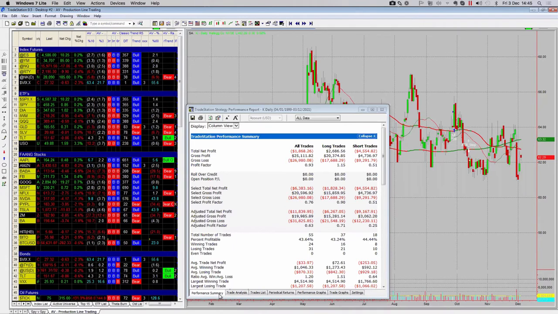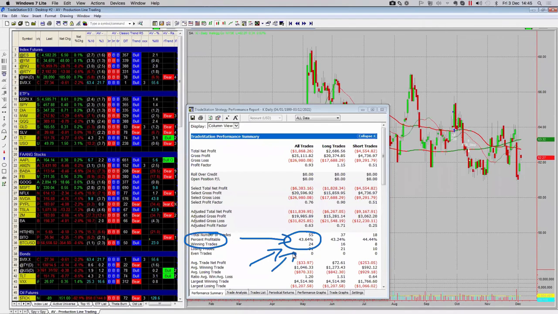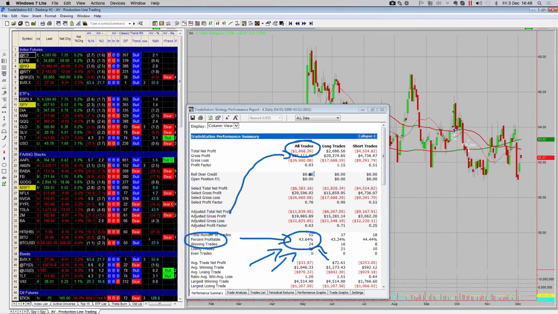Why? Because it sucks. You're winning 43% of the time. That's pretty good. Like, as systems go, that's amazing. But this is what I mean by, on its own, a profitable winning percentage is absolute nonsense. So don't believe anyone who doesn't give you the full picture. I'm making money 43% of the time, but are you actually making money? No. Well, that's not a good strategy. You're putting $1,000 in, you're not even getting your money back on the trade. And so that's the point there.